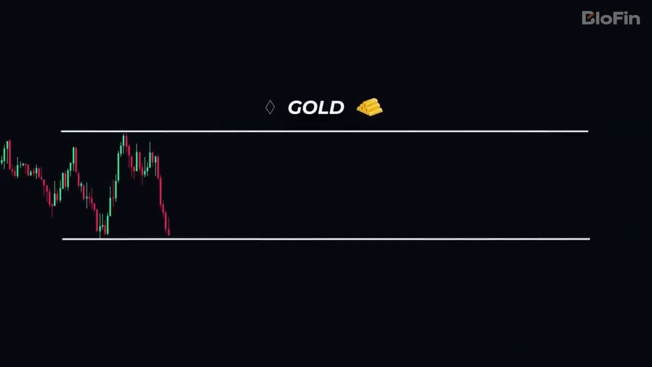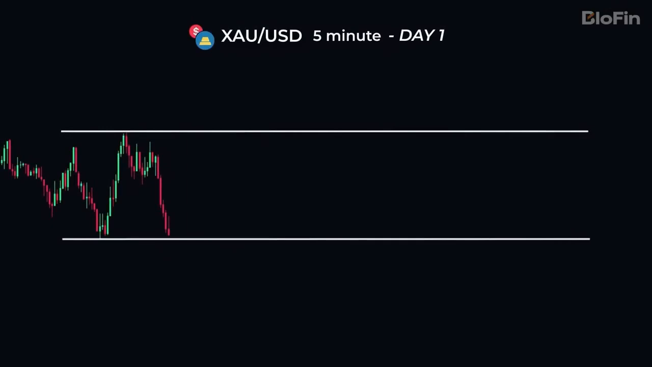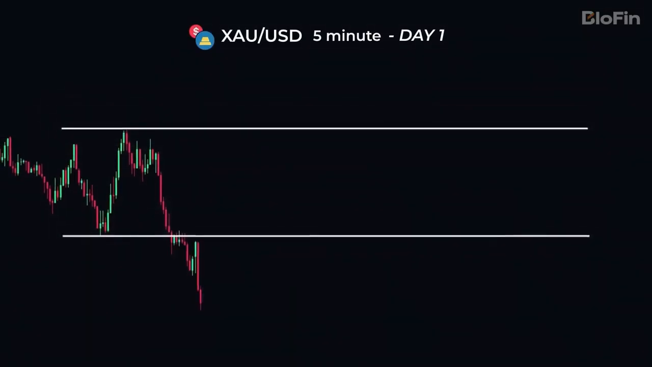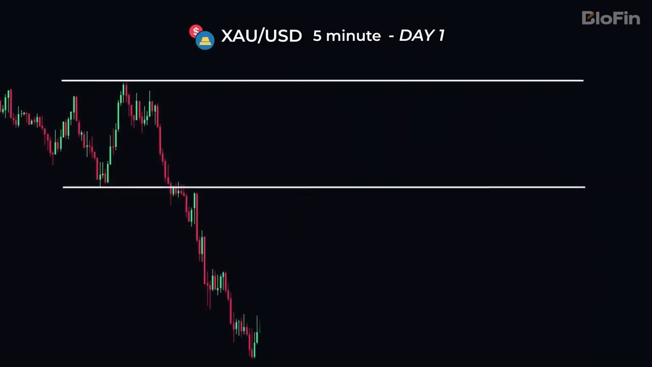Now, let's look at how the strategy performs on the gold market. Here, I'm on the XAU 5-minute chart, and we already have the 4-hour range marked for today. Price broke below the range low. After it traded below for a while, it then closed back inside, which means technically this is a valid long